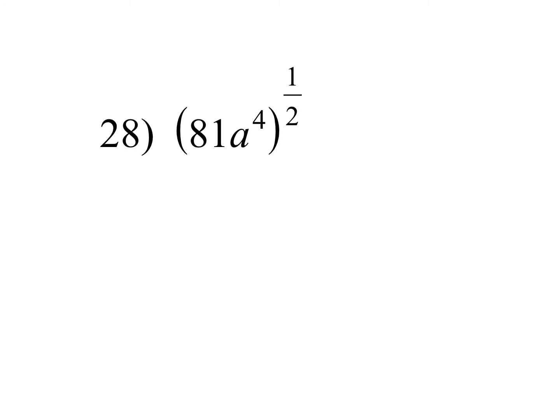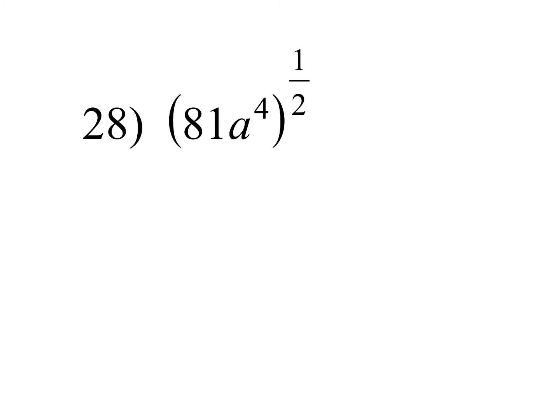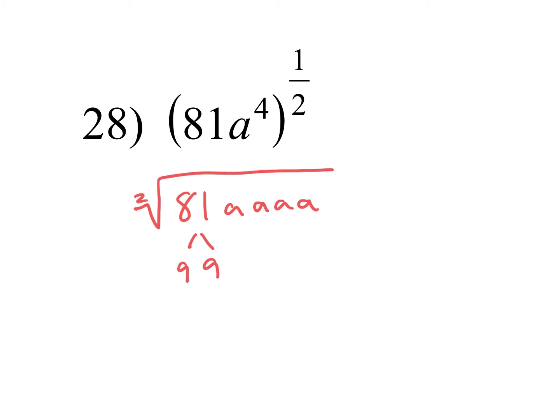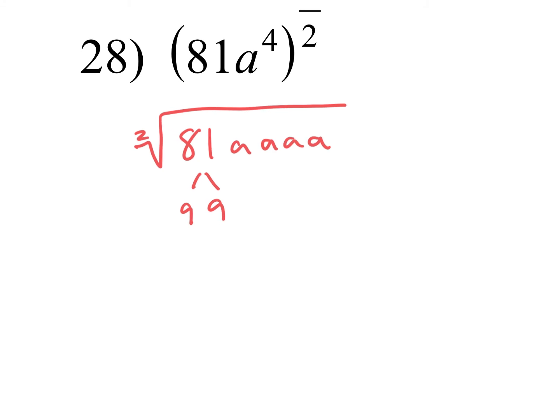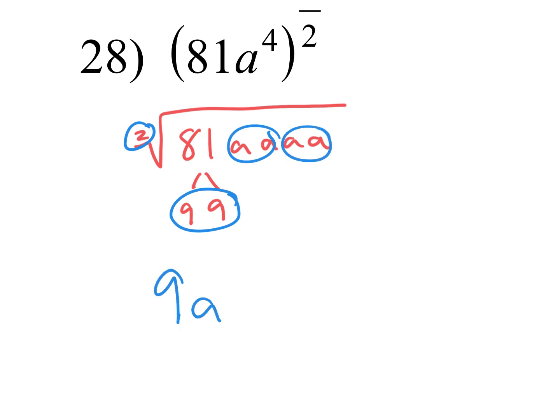All right, for 28, I'll solve it all together. So what's my index here? 2. So 2 goes on the outside as my index, and then I have 81a to the 4th power, so I'll write 4 a's. What are two factors of 81? 9 and 9. Do I have to keep going? No, I could stop there because I'm circling groups of what? Groups of 2. So what comes to the outside? 9a squared. If you kept going, you would have gotten 3 times 3, which